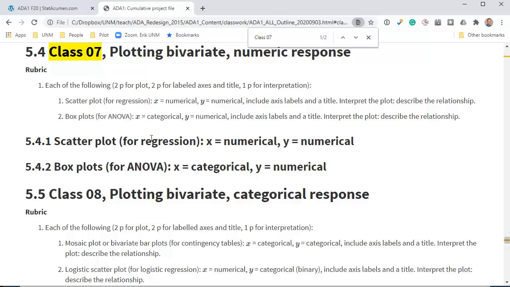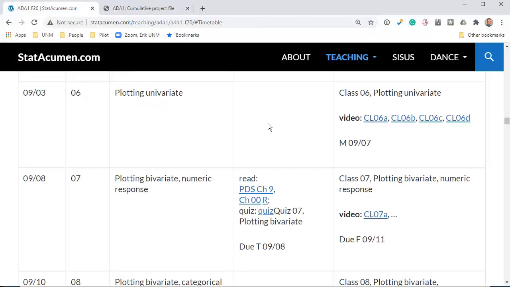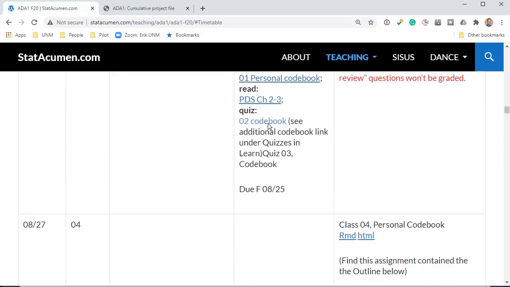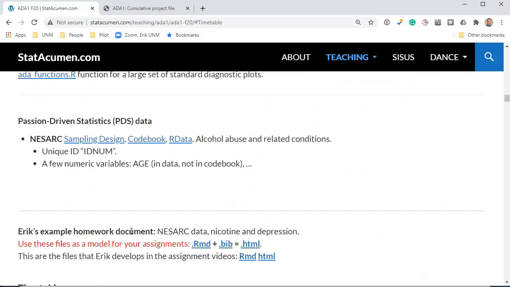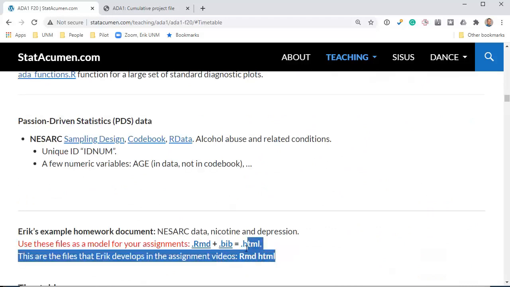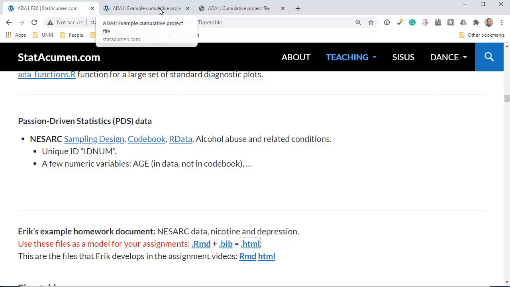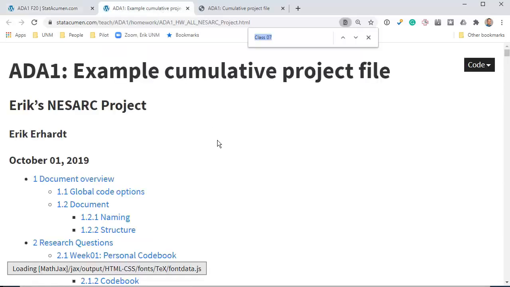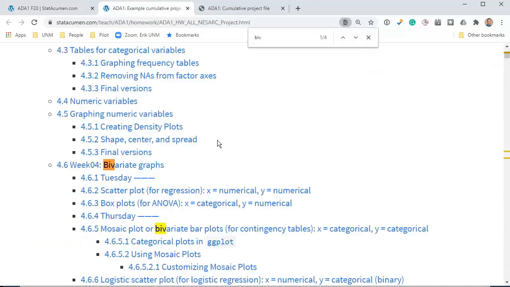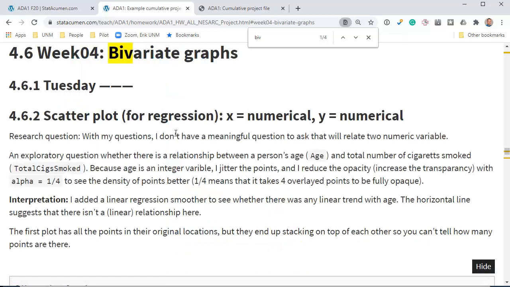When we don't know what to do next, typically the idea is to go back to the website. I'm going to scroll up above the timetable to the model assignment. You can start with the one that I'm creating here, or you can go to a previous year's for the details there. I pressed Control and clicked on the HTML to open it in a new tab, and we'll find the plotting. Well, if I just type bivariate, hey, there we go. And these first two are scatter plot and box plots. Perfect. So I'll jump down to there,